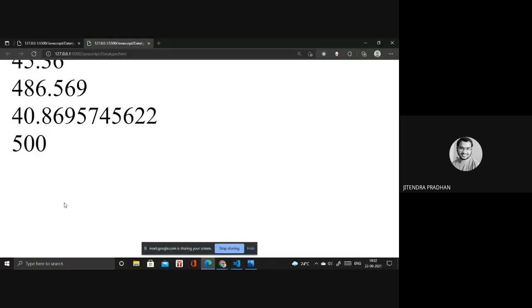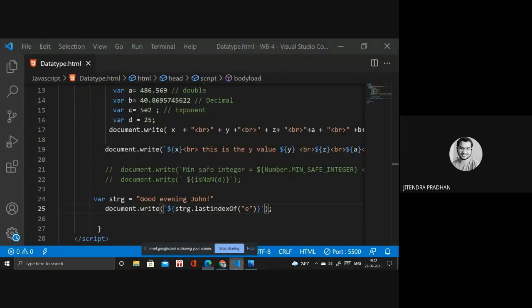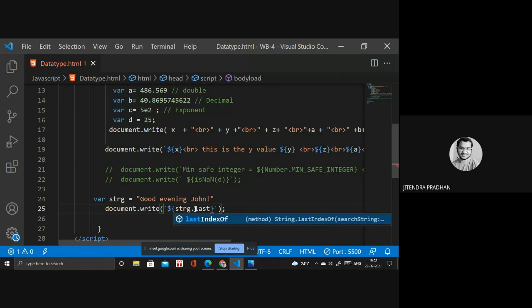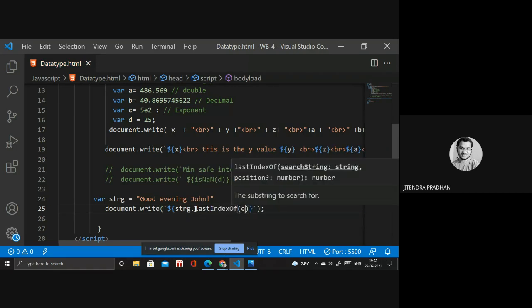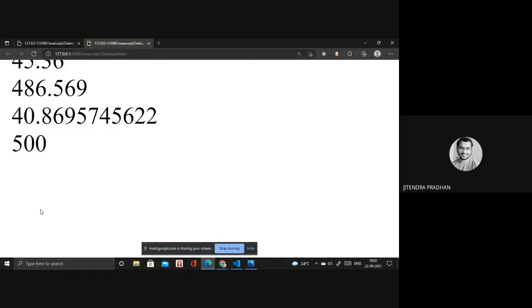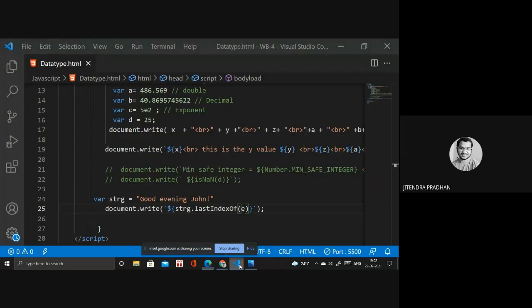If you want the last index, we have lastIndexOf. Let's see what happened. Wait, I think I gave something wrong. Wait, I will check. Last index, no, index of inside. If I give E, what happened? It's not coming. Okay.